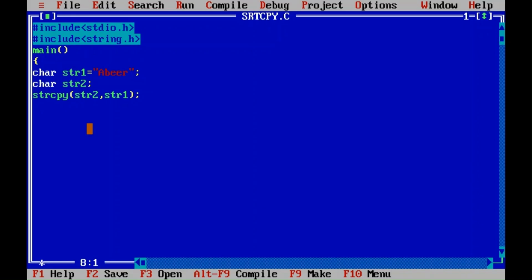Now we would like to check whether str1's value is copied into str2 or not. So here we are going to write a printf statement to check, and we are going to write %s. Why? Because we have used the character data type. One more thing: when I write char str1 is equal to abir, you know that a character occupies only 1 byte of memory, so only the a from abir would be stored.